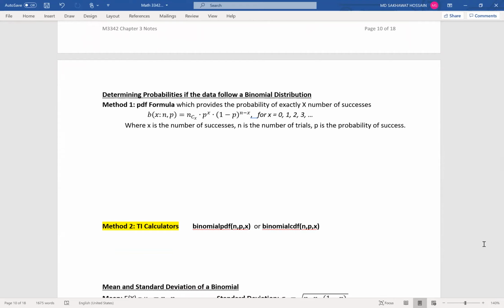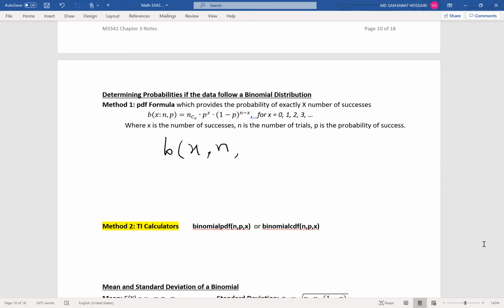So for the binomial distribution, you can use a specific formula or function to find the probability. This function is called the binomial function, and it is denoted by B. B means binomial. X is the number of successes we are looking for,